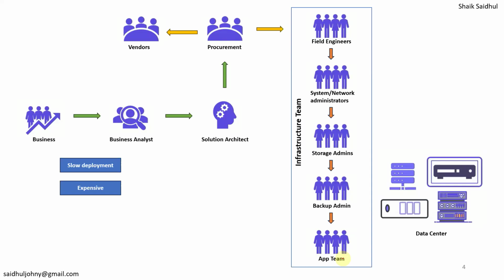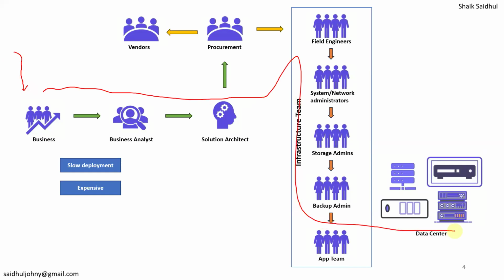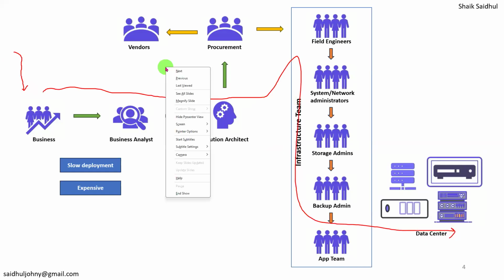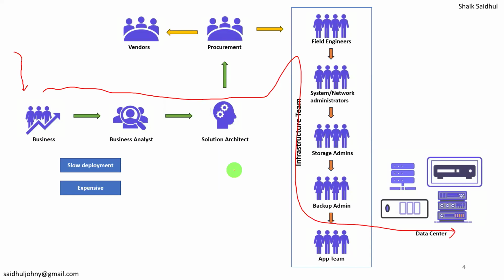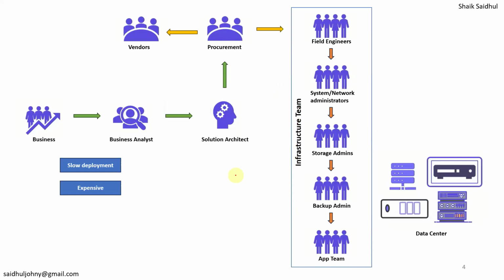The answer is no. Scaling up and down as per the demand cannot be achieved quickly at all. Because if you want to do it again, you have to start from the beginning. If you want to scale up, you have to follow everything again. So scaling up and down is also not easy. And one more thing,